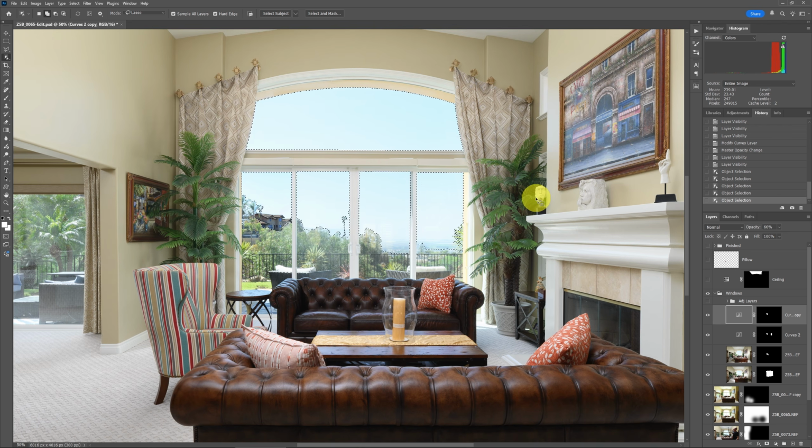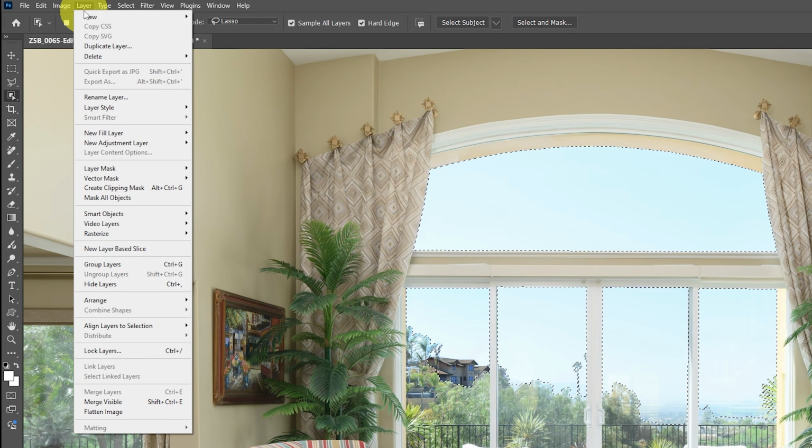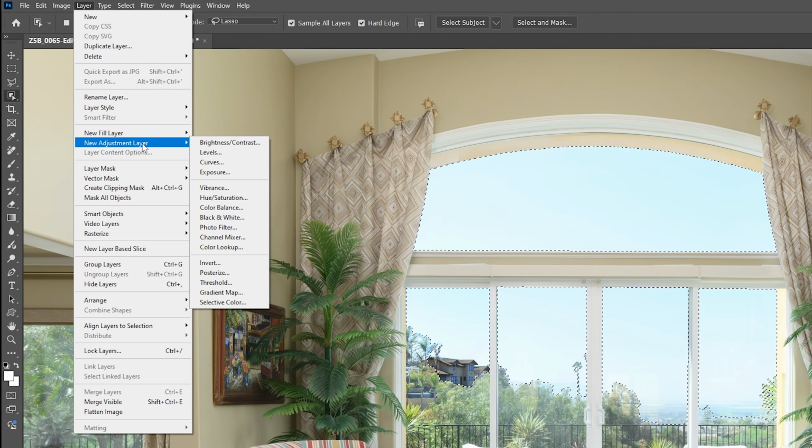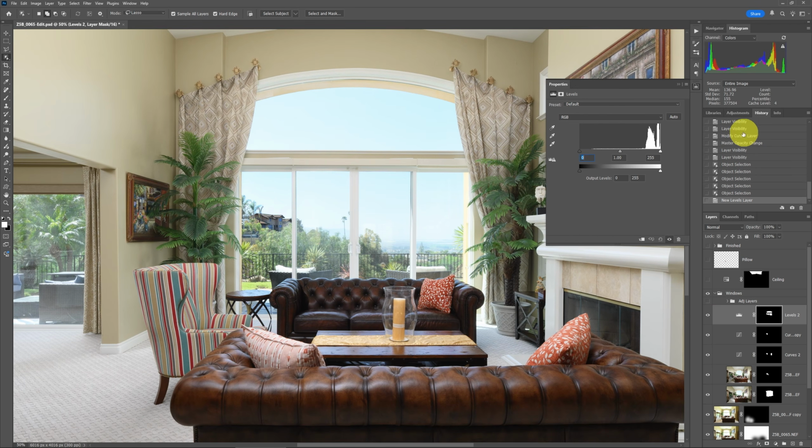So now I can add a levels adjustment with this masked. All that I do then is go up to Layer, New Adjustment Layer, and then to Levels. Name it whatever you like. In the Levels layer, there's this